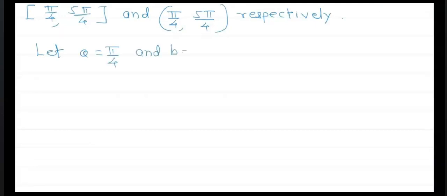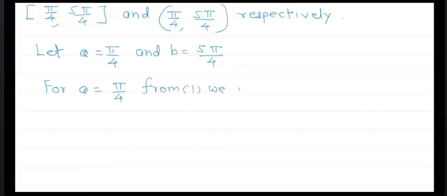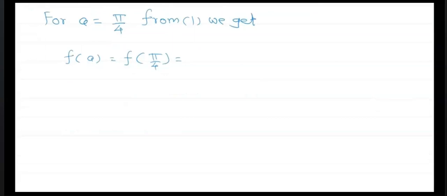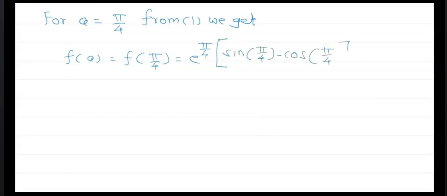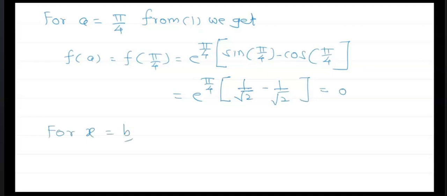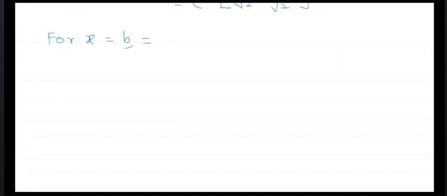Now we'll find out their values. Here a is equal to pi by 4 and b is equal to 5 pi by 4. For x is equal to a, that is pi by 4, and this is the board question also asked in the CET exam. f of a is equal to f of pi by 4, that is e raised to pi by 4 in bracket sin of pi by 4 minus cos of pi by 4, that is 1 by root 2 minus 1 by root 2, and overall you will get its value that is equal to 0. For x is equal to b,